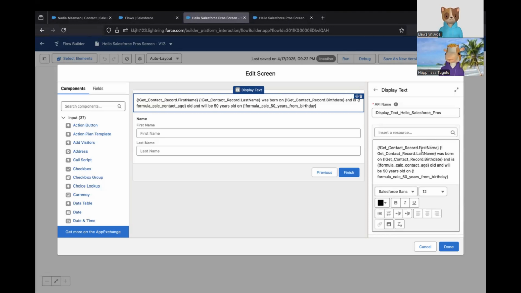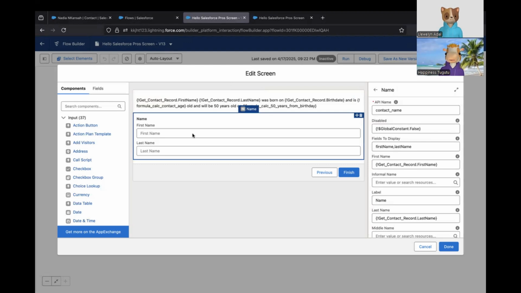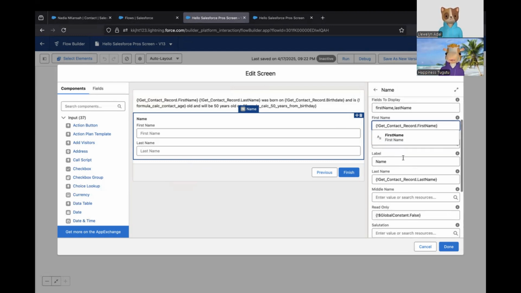Now go to the name. Click on there. Okay. Does this say to get the record or does it say to update the record? This says to get the record, to put the first name in the first name field. That's all it says. And it says to put the last name in the last name field, right? Right. So in the first name field,